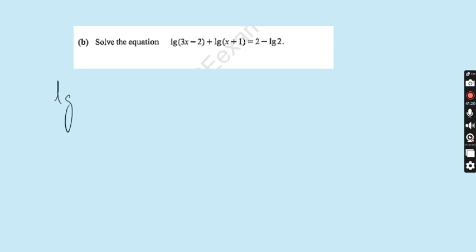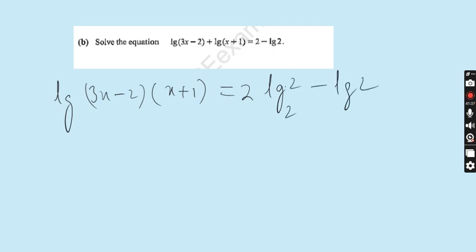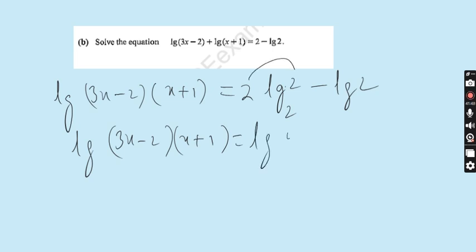So first write log(3x minus 2) multiply by (x plus 1) is equal to, write this 2 as 2 into log 2 minus log 2. So log(3x minus 2)(x plus 1) is equal to, this 2 becomes the power of 2, log 2 square is 4, negative log 2,